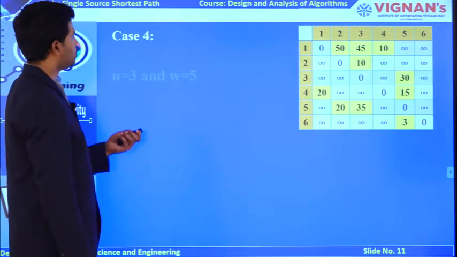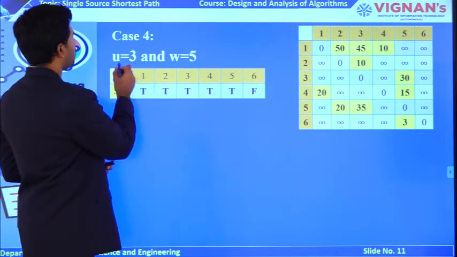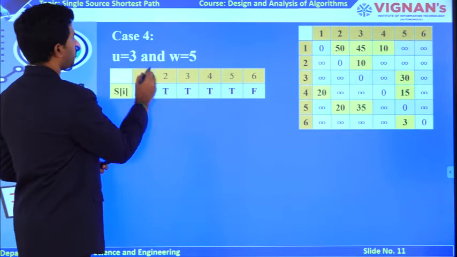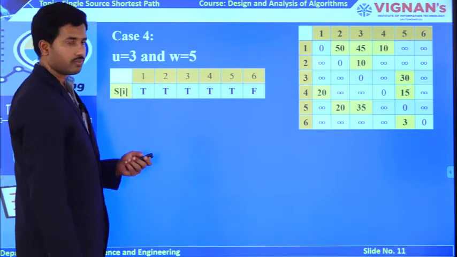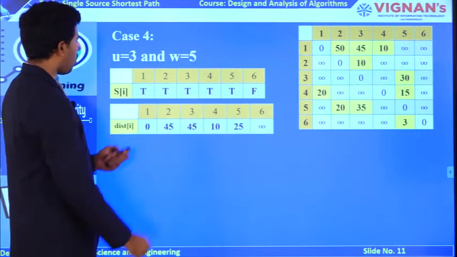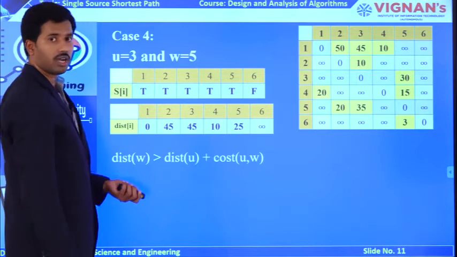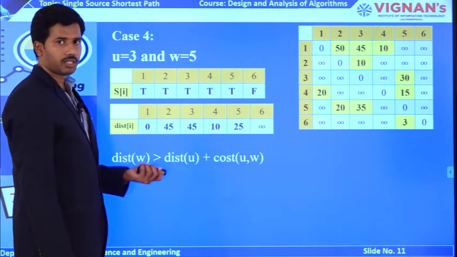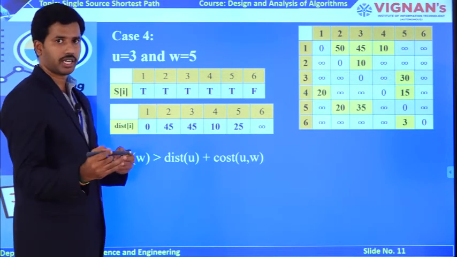Okay, like this. So that's why, if u equals 3, I am initially at the third vertex, right? That's why I am changing the Boolean value to true. So this is the output I got at case number 3. With the help of my mathematical formula, I am verifying whether there is any possibility to update my optimal path by comparing the direct connection as well as the intermediate connection.